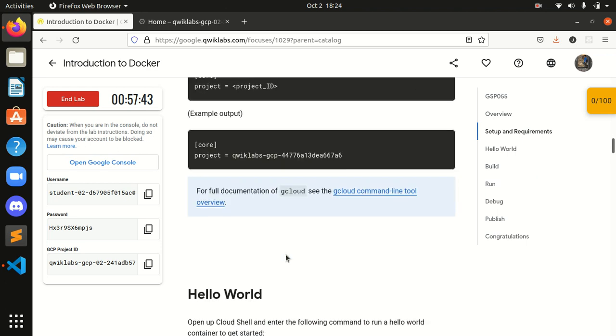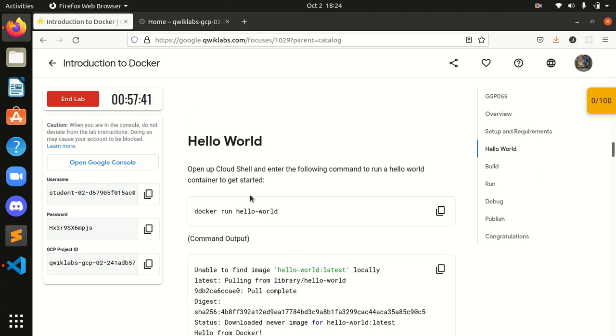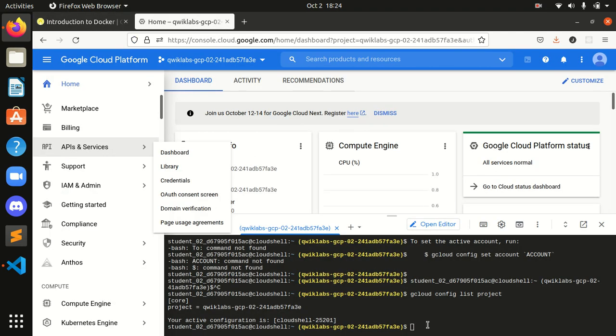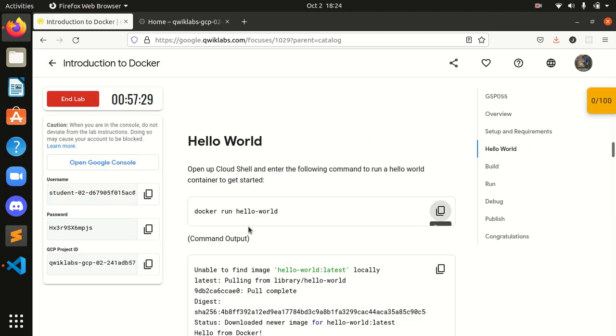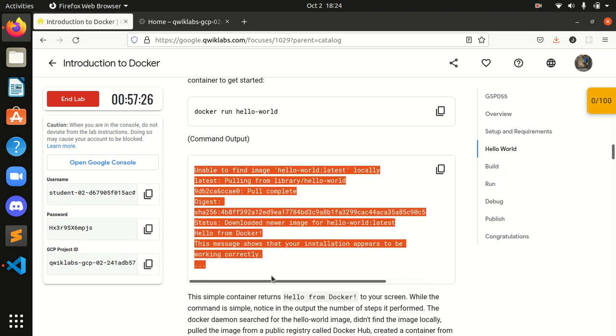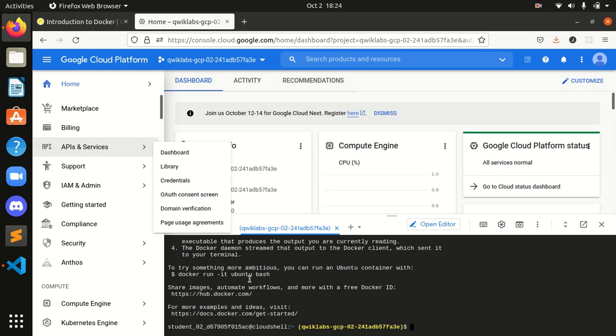And I will list the project ID, which has been listed. Now we have to run Hello World: open up Cloud Shell and run the container to get started. For this container to get started, we have to run the docker run hello-world command, enter. Okay, these are the command outputs. If you find something as an error, you have to check what is given there.